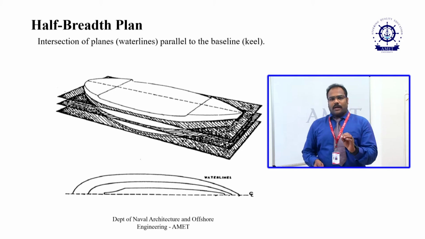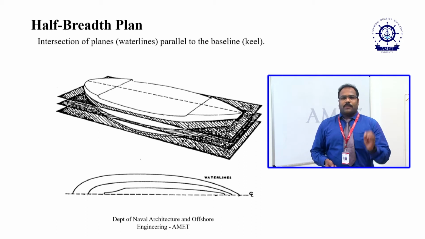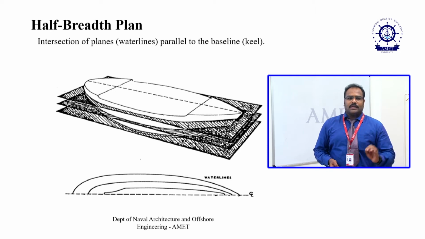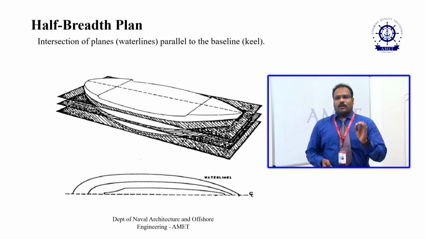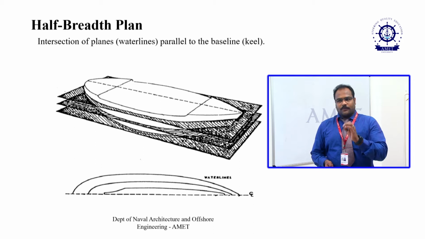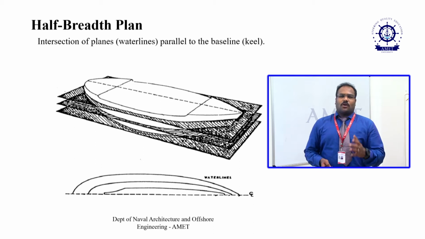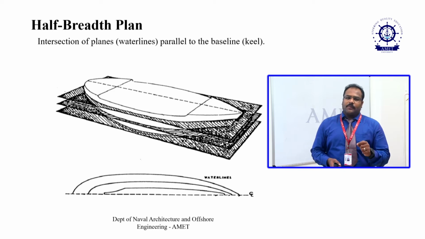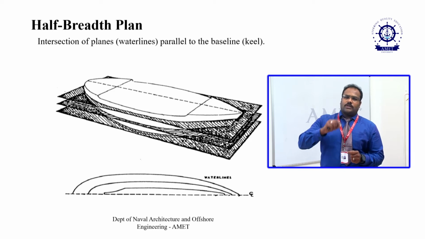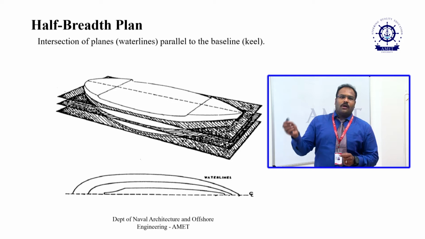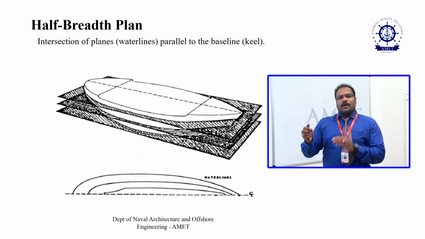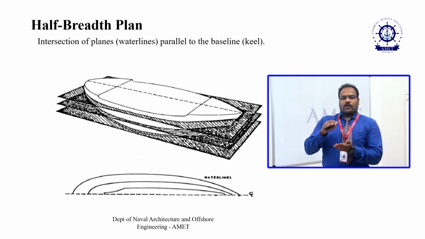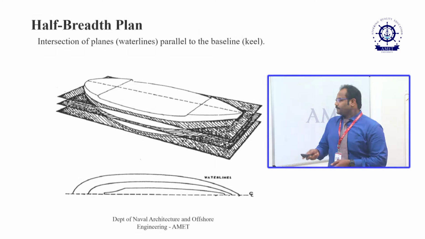The design waterline is the waterline where the ship is required to float, that is the required draft or the summer load draft that the ship is going to achieve. It is called your design waterline, and it comes as one among the waterlines. This can coincide with waterline 1, 2, 3 or 4 and so on, or it can be a separate line which comes into this group of waterlines.